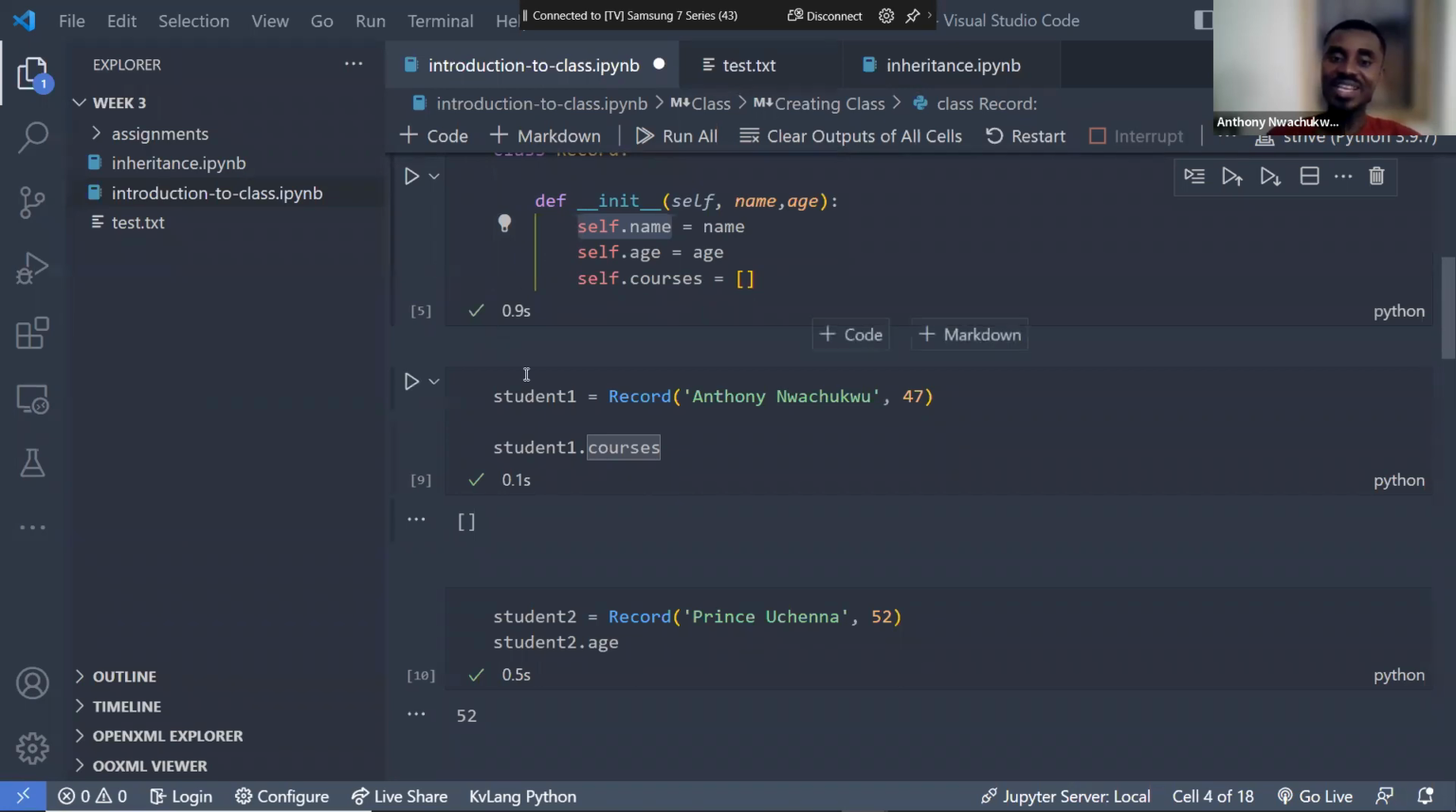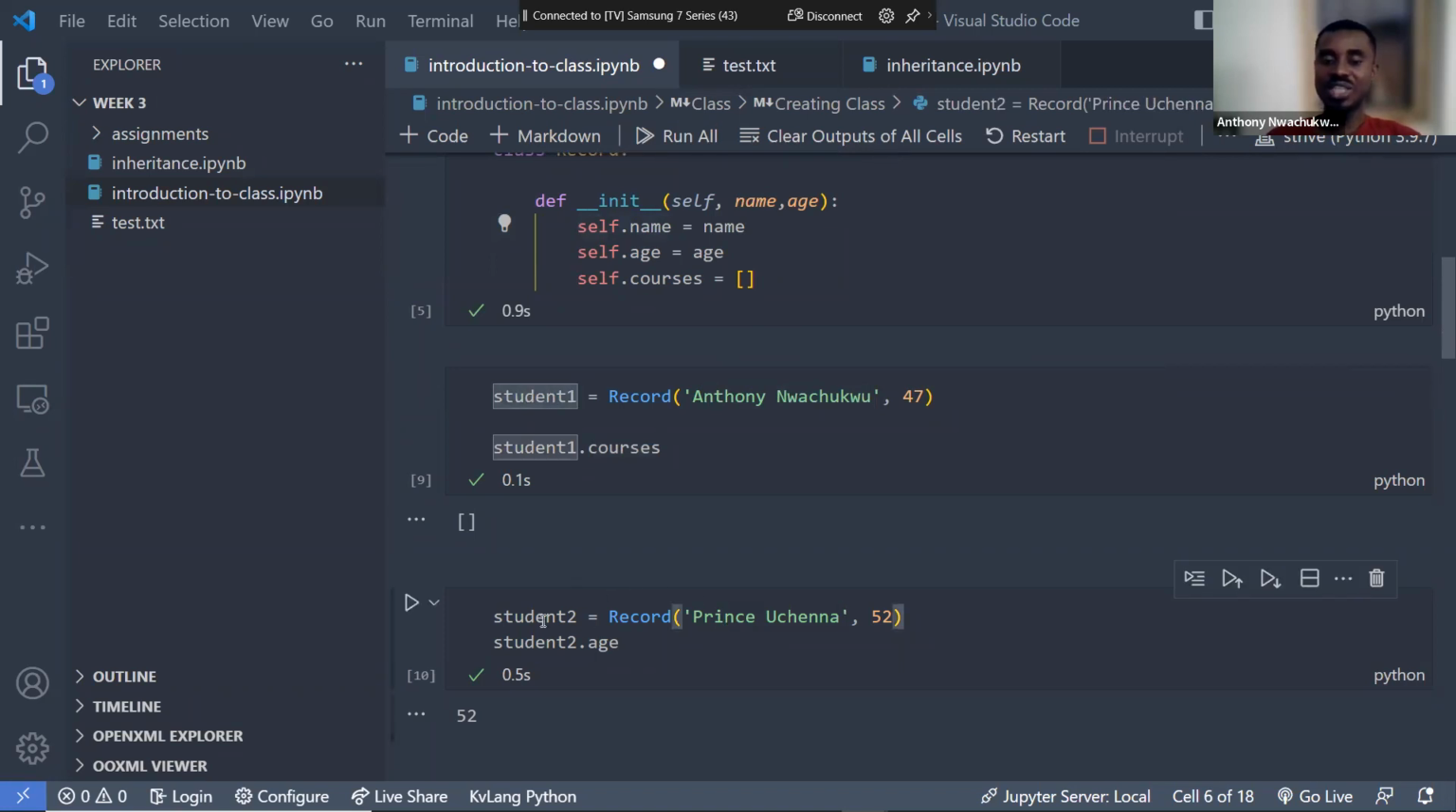So here it binds each, like this name. It's saying, once we add this name, let it be attached to this particular student we are creating. And when we call this Prince Uchenna, it is attached to the second student we are creating from it. So that's what self does. It binds these variables to